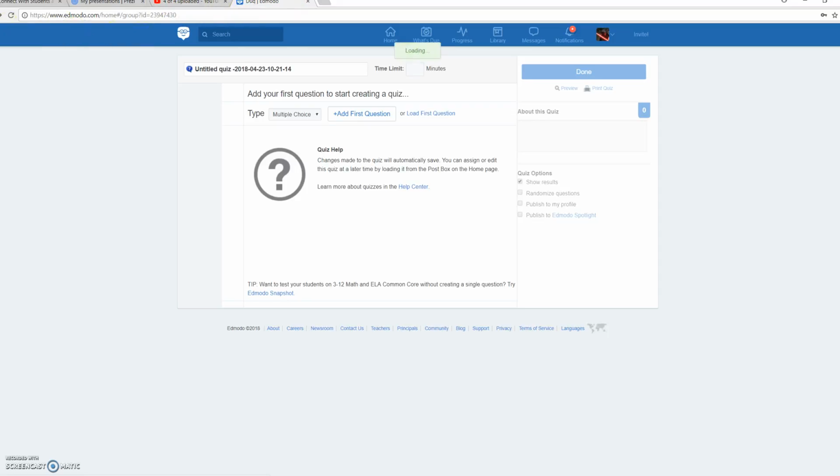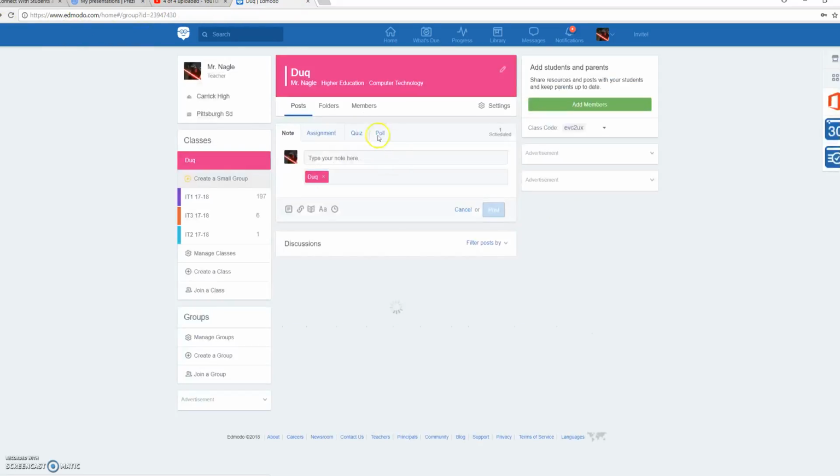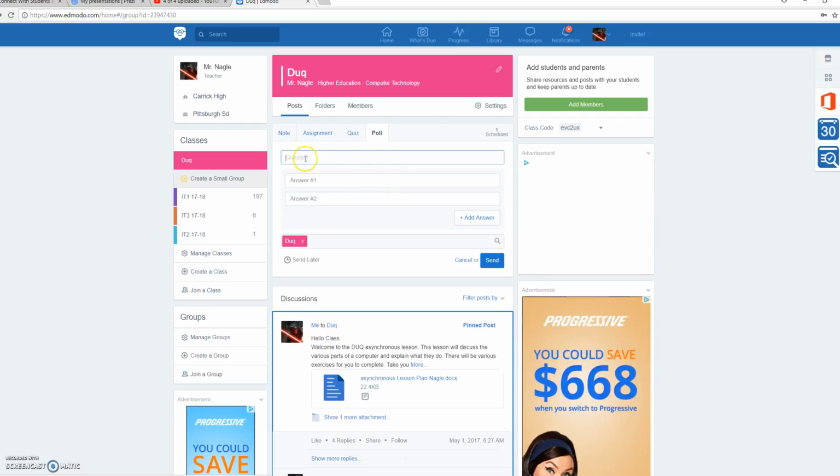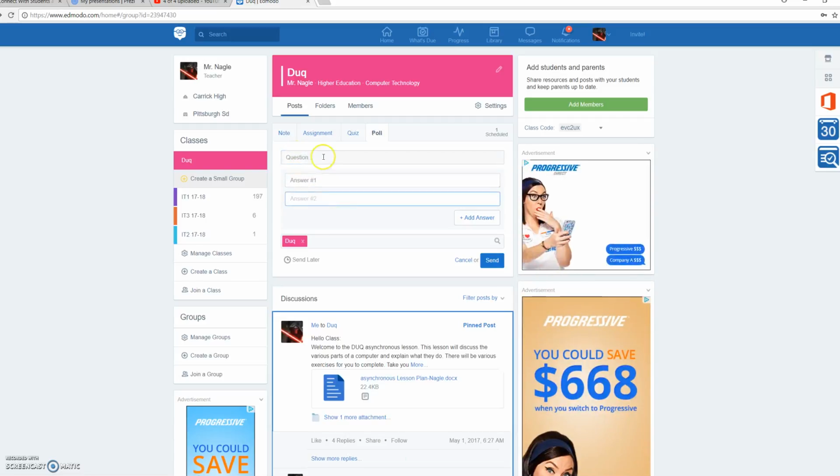What I want to talk about next is the poll, and this is just a real quick way of getting some general information from your class to see if they're for or against something, or how many people did this, and were you able to do X, Y, Z, and then they can answer that question. So, for example,